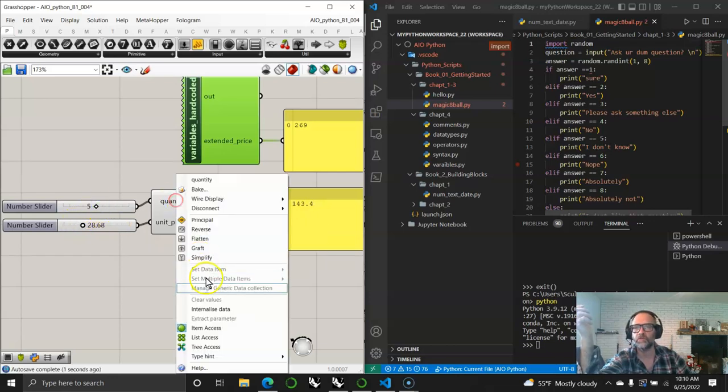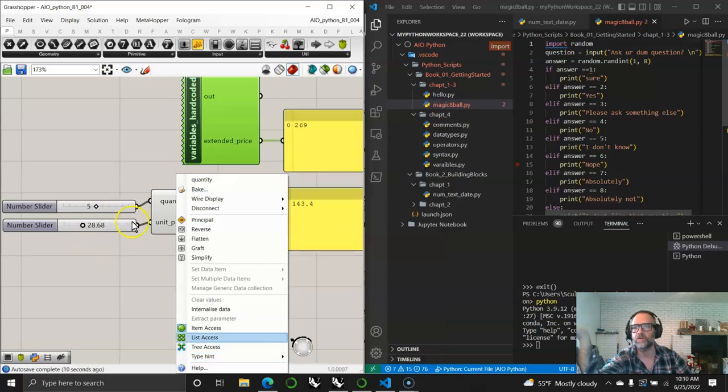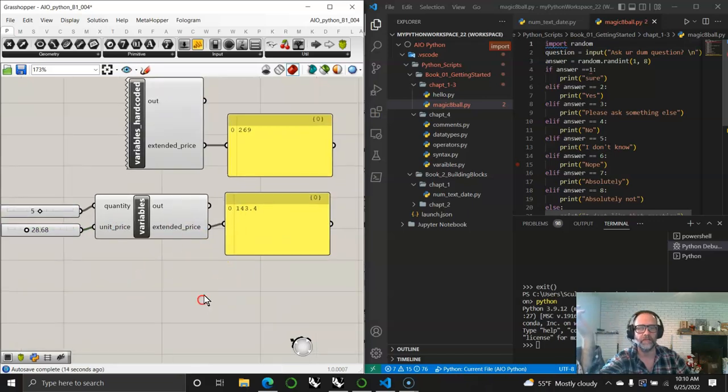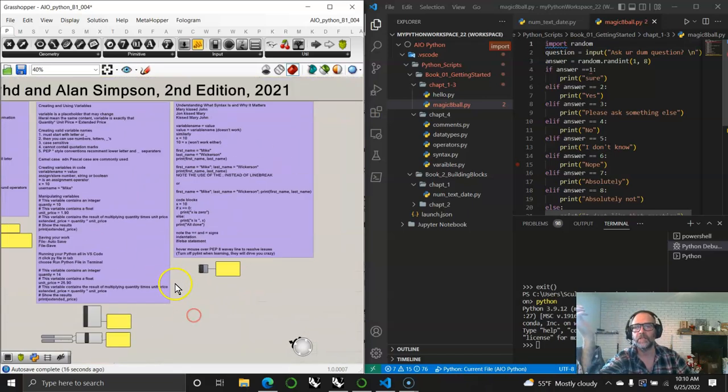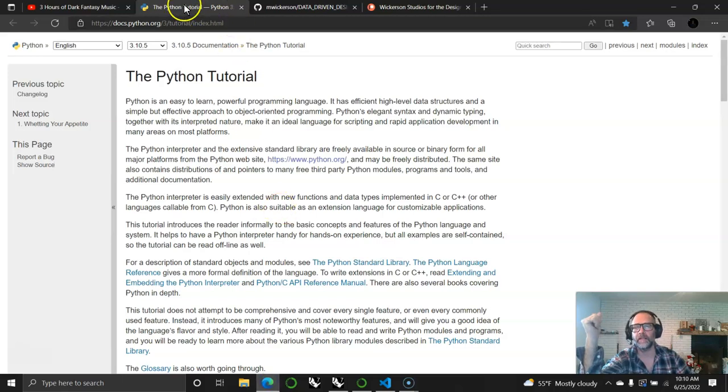You just have to make sure that you are setting their type access, which you can leave as single items for the most part to start, and your type hints, you have to set to what you need. So this one will be set to an integer, this one will be set to a float, and then you want to make sure you have everything typed in, and everything's up and running. So that's it. That is coming in, and what I've done is I have also in each section highlighted